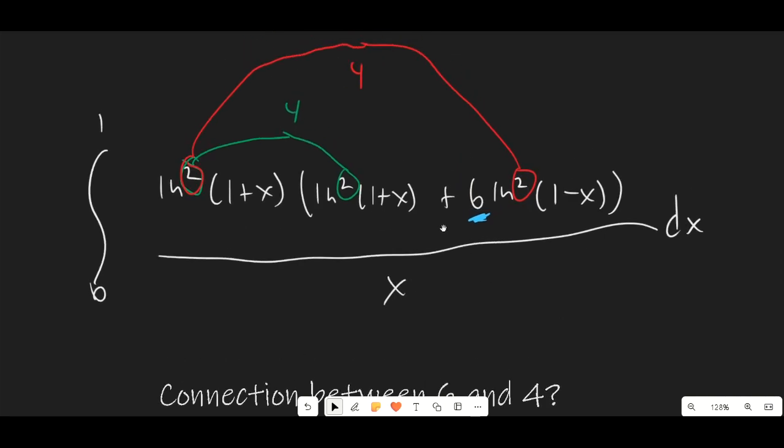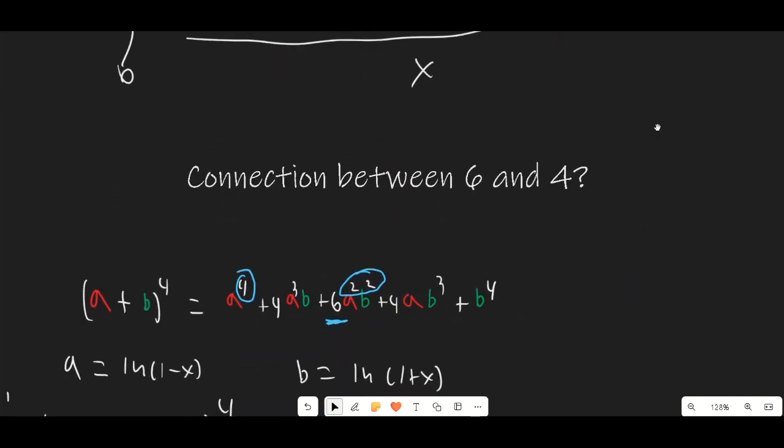I'll go ahead and give you a minute or so to think about that, because that's really the key to figuring out how to solve this problem. Where do you see a power of 6 and a coefficient of 4? If you were able to figure that out, which hopefully you were, what we're actually looking at here is the